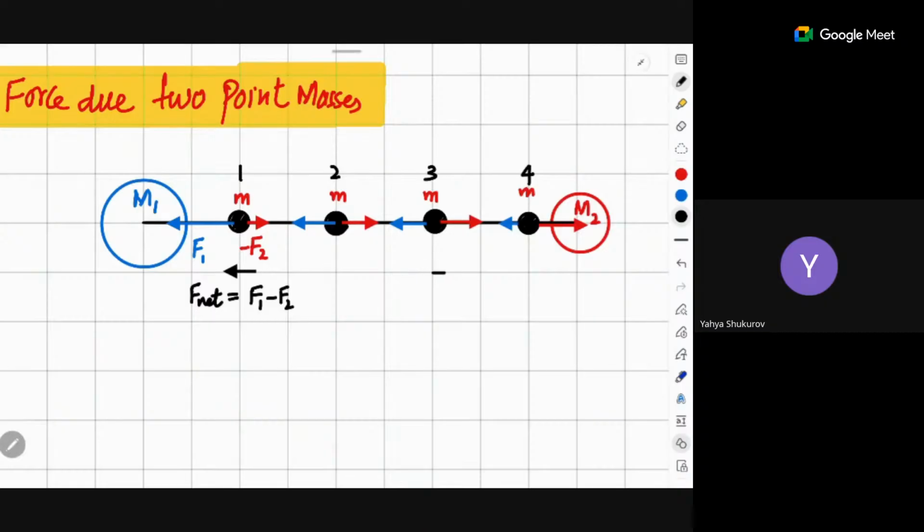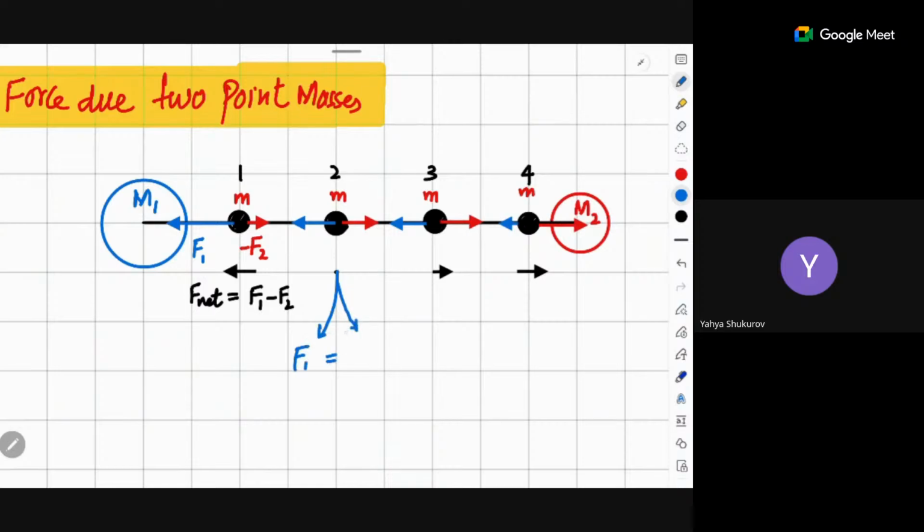Here F net is 0. Here it increases again and again and again in this way. This is basically the main concept of F net, that F net is increasing again. Here F net is 0, so I'm just making a dot. So all these situations must be taken care of, that here at this point basically what happens, Fa, the F1 is